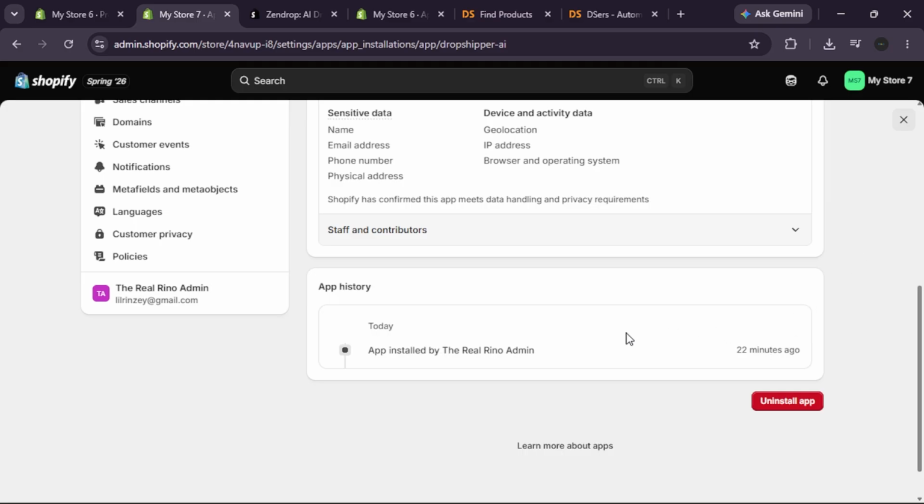So that is how you can fix dropshipping product images not importing to Shopify. Start by checking if the product import is finished. Then check your dropshipping app. Make sure the images are selected before importing. Reconnect the app if needed. Try importing one product first, and if the images still do not show, upload them manually or import the product